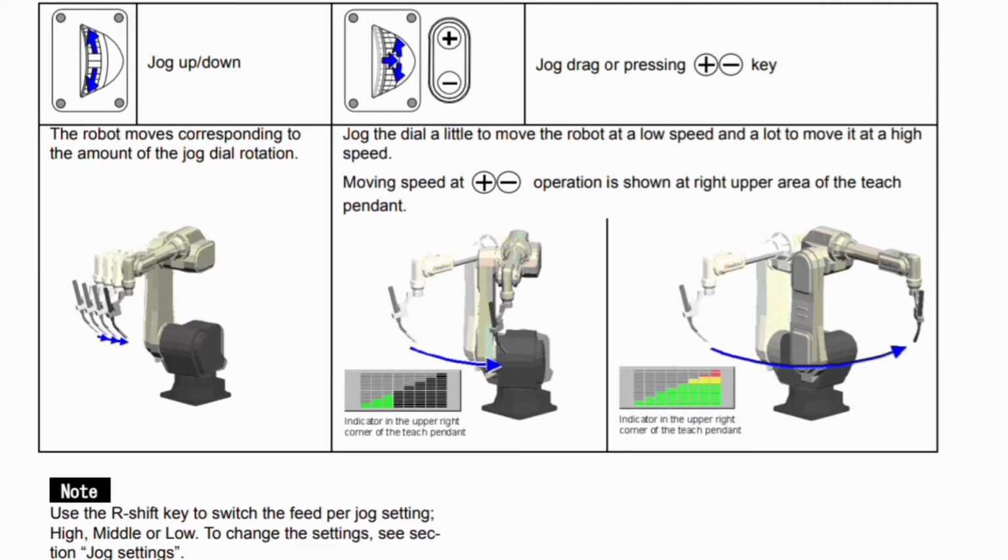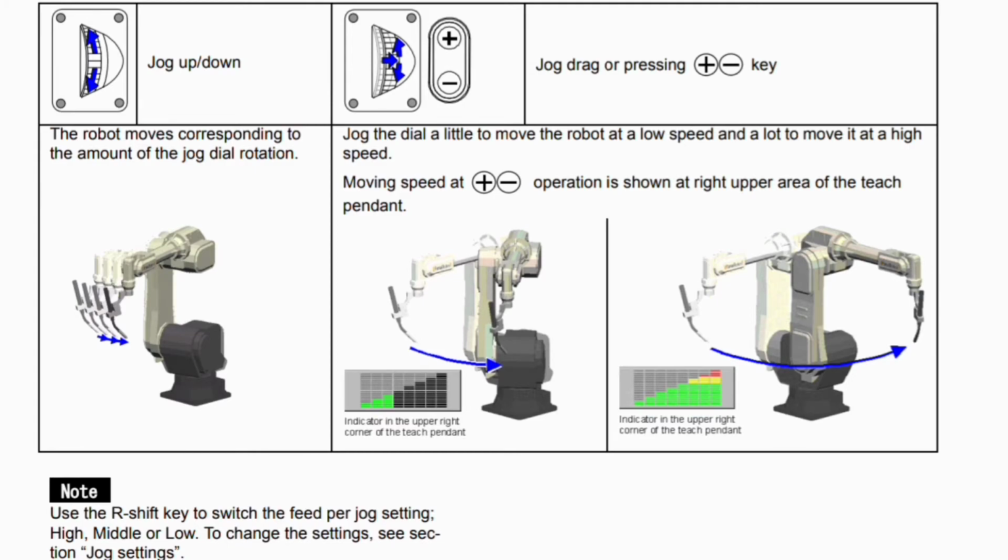Jog, drag or press the plus minus key. Jog up, down, the robot moves corresponding to the amount of the jog dial rotation. You can see in this image. Jog, drag or press the plus minus key. Jog the dial a little to move the robot at a low speed and a lot to move it at a high speed. Moving speed at plus minus